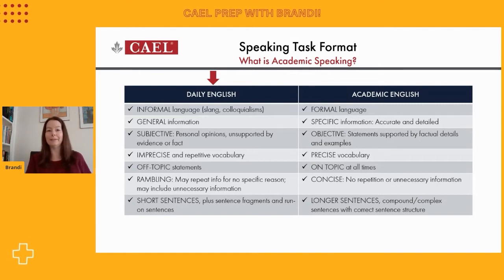We often will speak in slang terms. Sometimes we will use idioms and colloquialisms. Oftentimes the ideas too that we communicate are a little bit on the general side. It's really unusual to suggest an idea and then back that idea up with, say, 2 or 3 specific examples when we're meeting among friends. The opinions that we might share as well tend to be just delivered as face value without being backed up